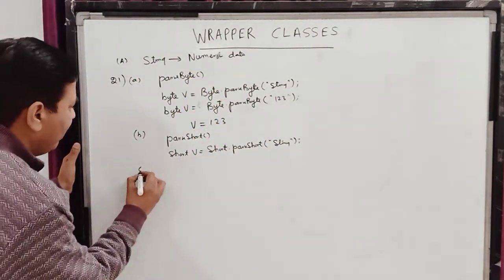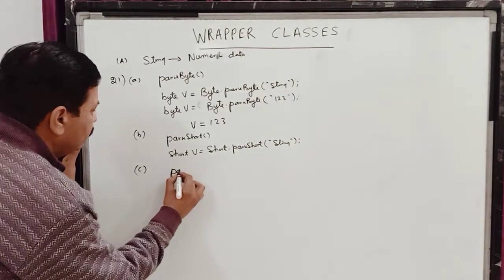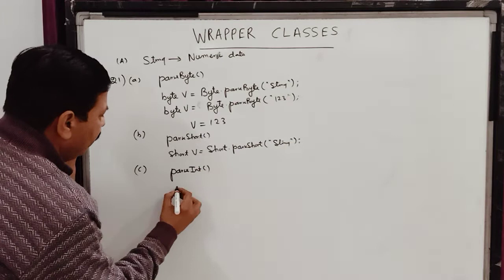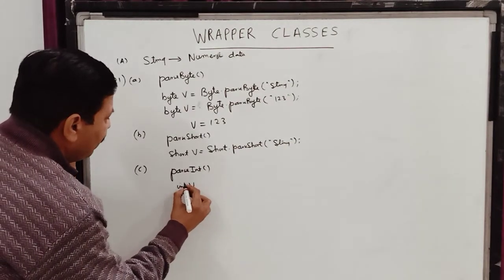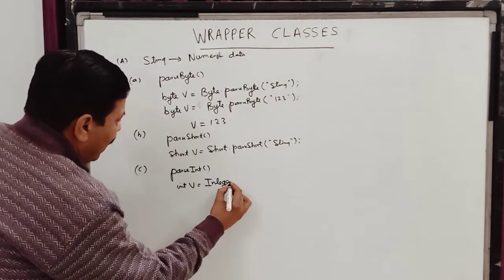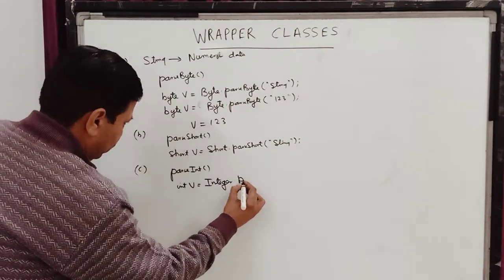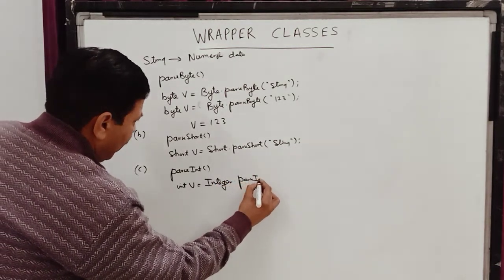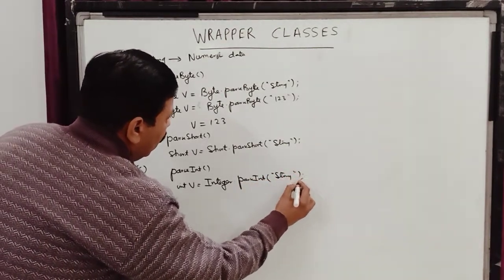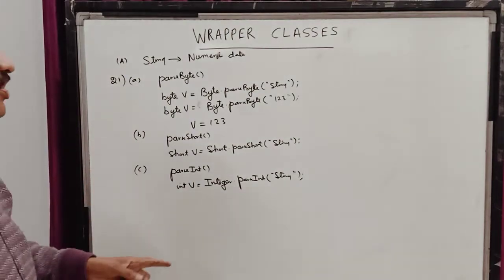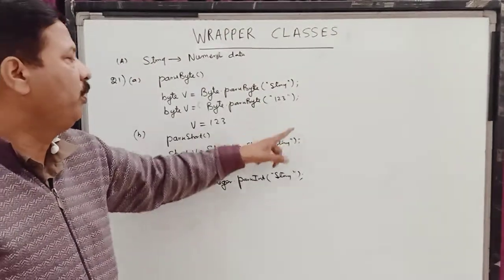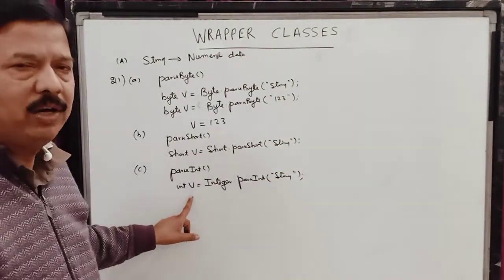Then we have another function called parseInt. This function you might have used many times in BufferedReader also. So here we write the wrapper class of int, that is Integer.parseInt, and you write any string value. It is going to convert any value written as a string into the integer data type. So if it has been 1 2 3 over here, then int v will be 1 2 3.